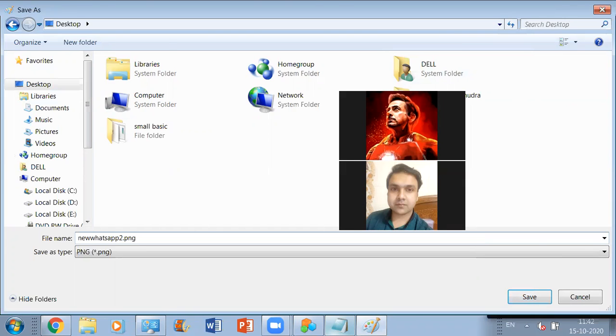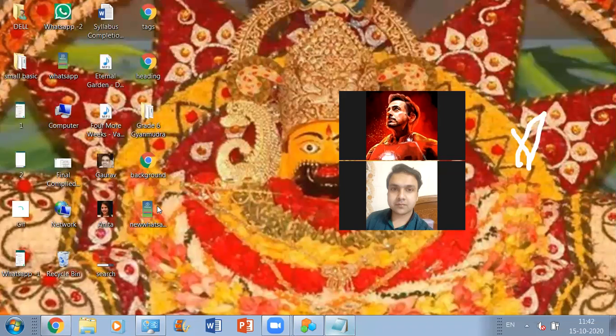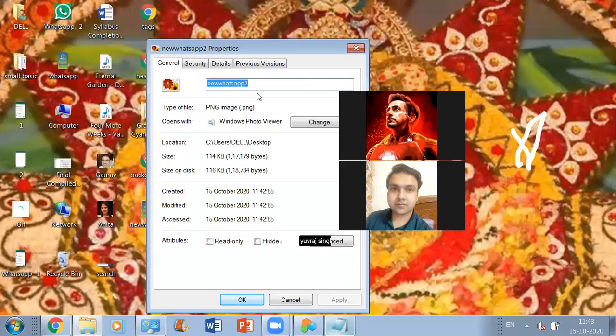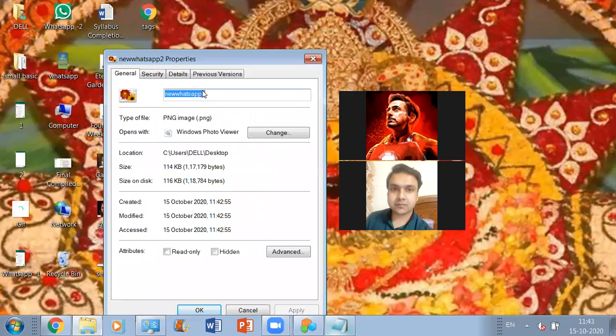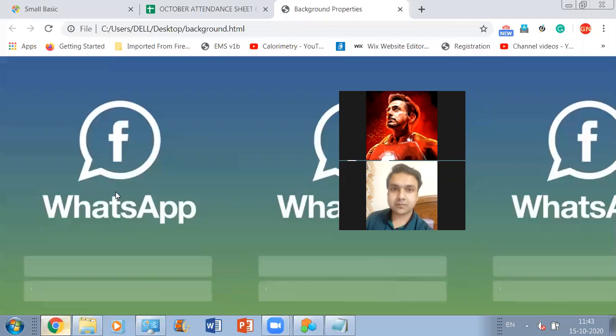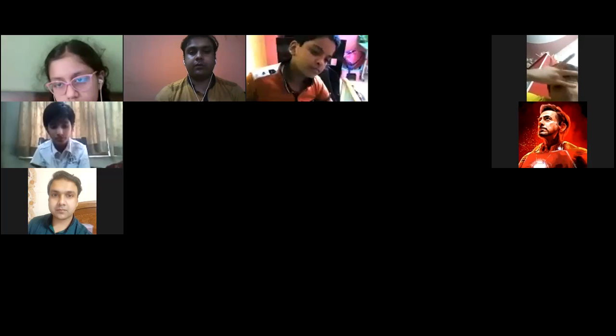So now let's see where the file is. It has been saved here on the desktop. What is the full name of this file? This is the full name of this file. Now if you want to access it on your web page, you have to replace this name with its name plus the extension, PNG. Save the changes and check whether you are able to access it on your web page or not. See, we are able to access it. Is this clear to you, Pranav, or not? Yes, sir. Sure? Yes, sir. Okay. So for now,